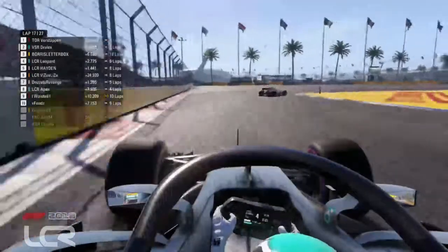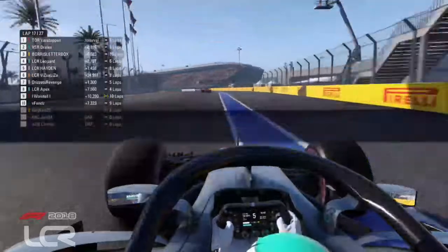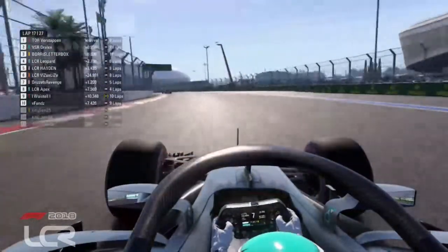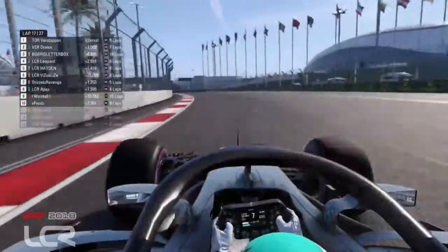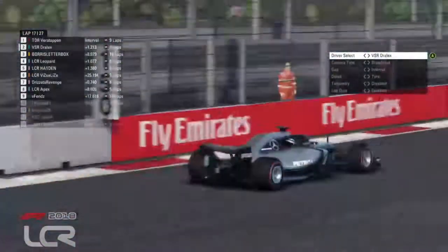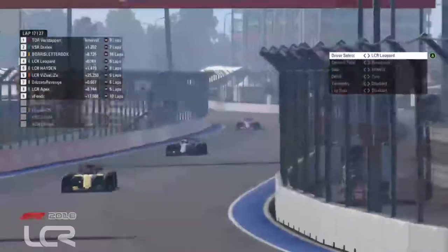He's not quite close enough this time, but unless Verstappen's made a mistake somewhere, he's slowly getting into this second stint here, and he's catching Verstappen. Obviously, a brilliant chance for him to win a race. Obviously, it'd be absolutely gutting for Dralex, seeing as he's still yet again not won a race